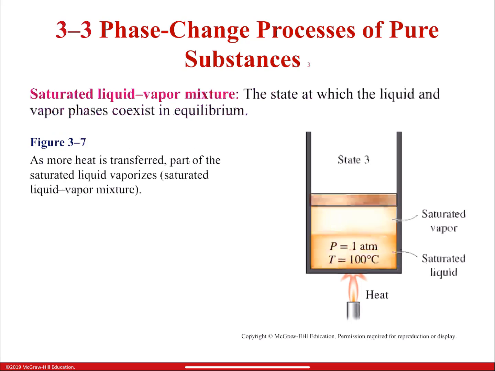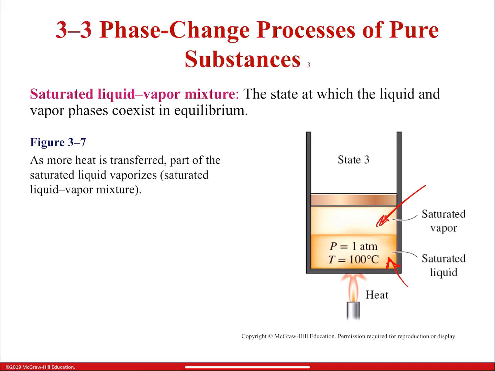So at 1 atm pressure and 100 Celsius, water exists as a liquid that is ready to vaporize. And then we call the third one a saturated liquid-vapor mixture. And this one is very important. And why is that? Because in this one, we're going to have a mixture of the different states. In the first one, we had only liquid, and in the second one, we had liquid, but it was about to vaporize. And now that the vaporization started, we're going to have some vapor and some liquid.